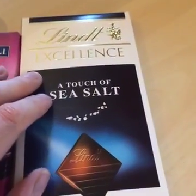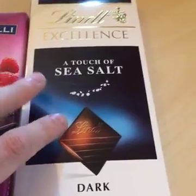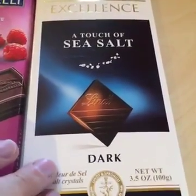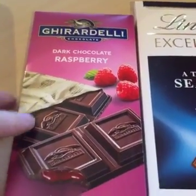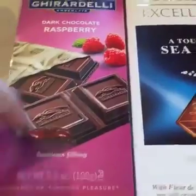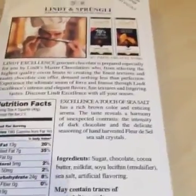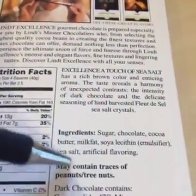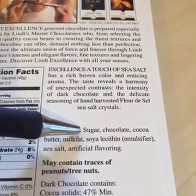So we've got Lindt chocolate, where it says dark chocolate here, right? A touch of sea salt, so it's just kind of straight up chocolate with sea salt. And then we've got a Ghirardelli dark chocolate raspberry, right? So we can see we've got a raspberry filling. Again, it is labeled as dark chocolate. So we'll flip it over and see what we've got here. Okay, so ingredient-wise, the first ingredient here is sugar, unlike the Theo and Equal Exchange, which were chocolate